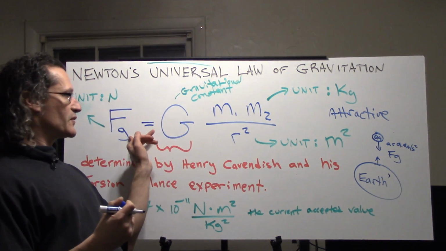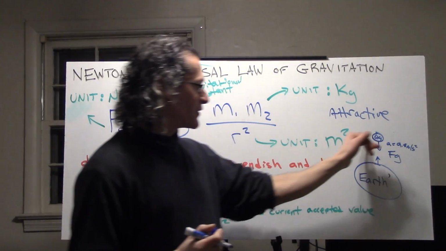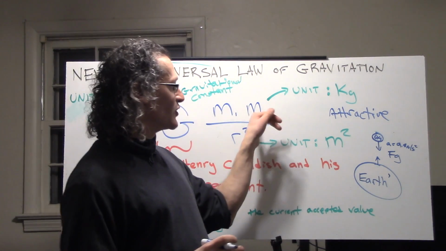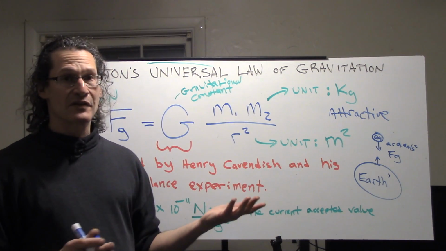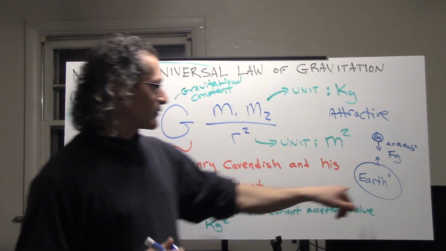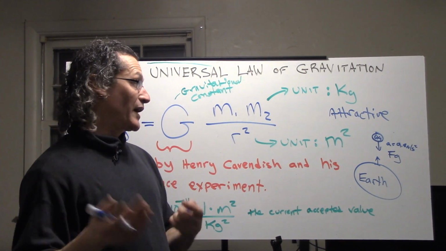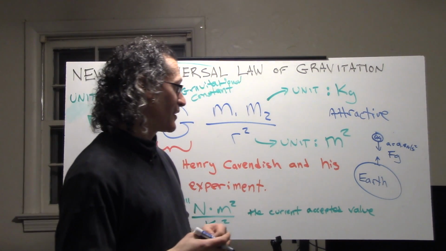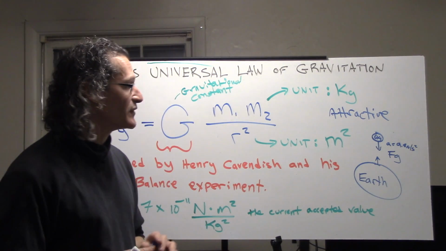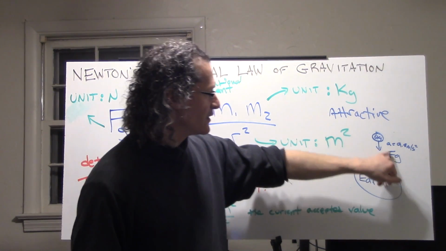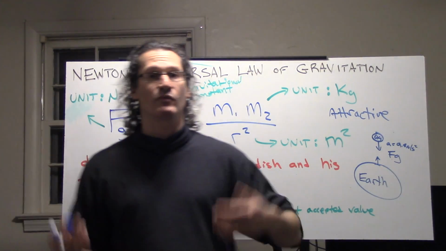This attractive force will be the same for this object and for the entire Earth. So mass 2 is Earth in this case. And if we knew the mass of the Earth, which Henry Cavendish helped us find, we can look that up, well, not right now, but soon in another lesson. The important idea, though, is that the force of gravity here is equal between these. We have our action-reaction pair.